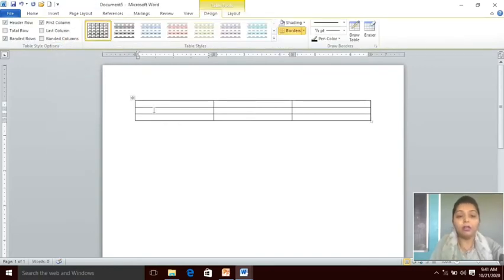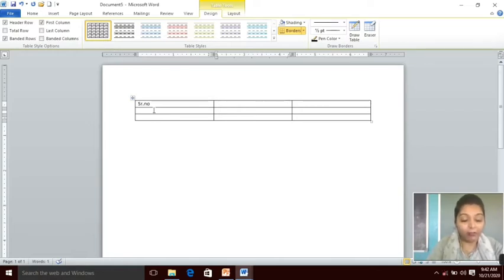And here we can type like this. Just we want the cursor. For suppose here I am typing serial number. Then now, to move on to the next cell, what I have to do, I will just press the tab key.